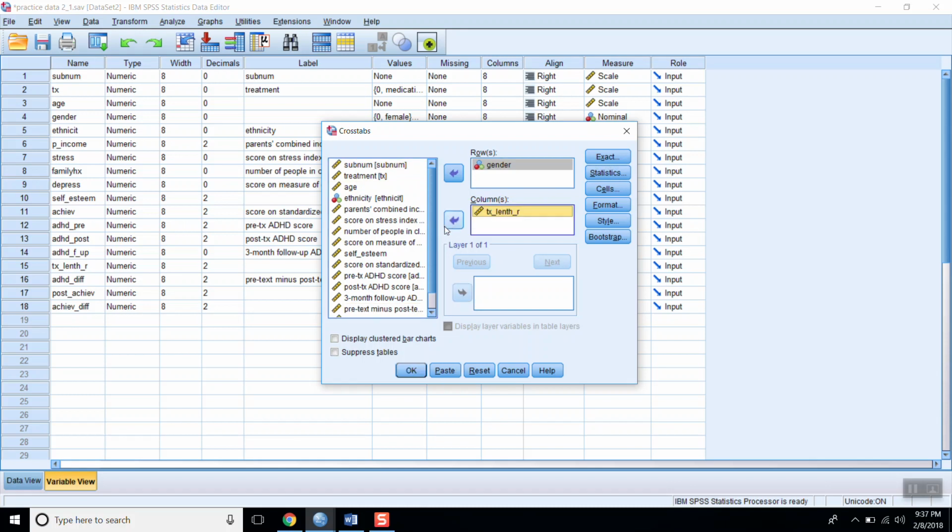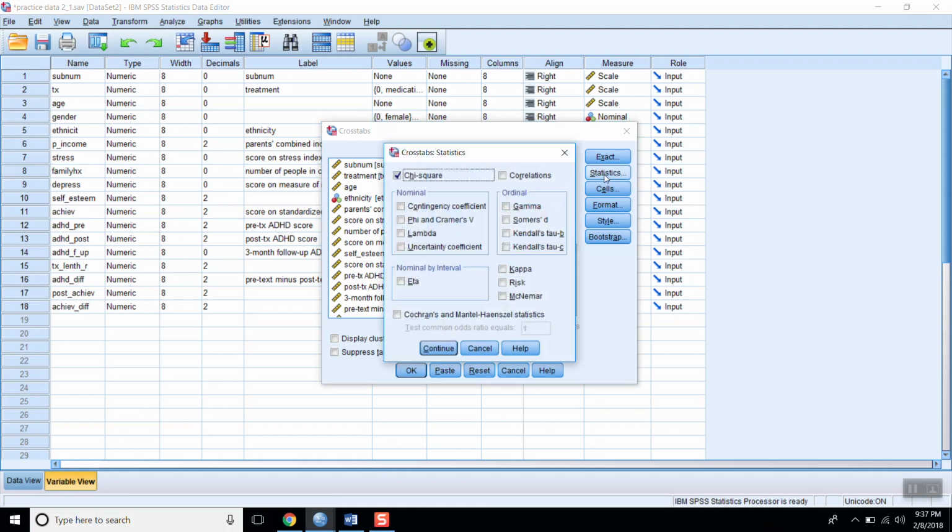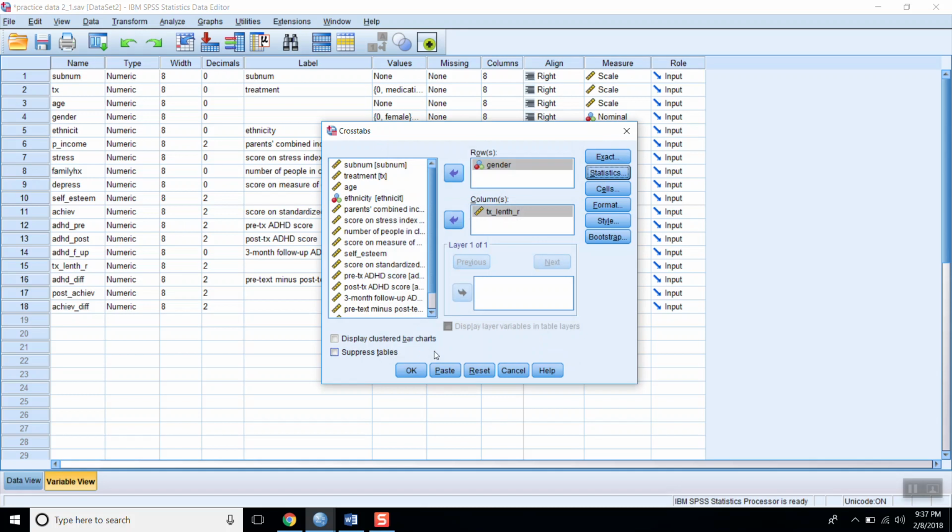Okay. Chi-square is if you have two variables that are both categorical. And you can use either the word relationship or difference. Okay, and did everybody hit statistics and chi-square? And press continue. So we're gonna run it this way first, and I want you to look at the results, and then I'm gonna go back. We're gonna add some things in after, but I don't want to overwhelm you on the first draft. It's too much information if you put it in at first. I just want you to look at it this way first, and then we're gonna come back and add some stuff. Okay, press OK.